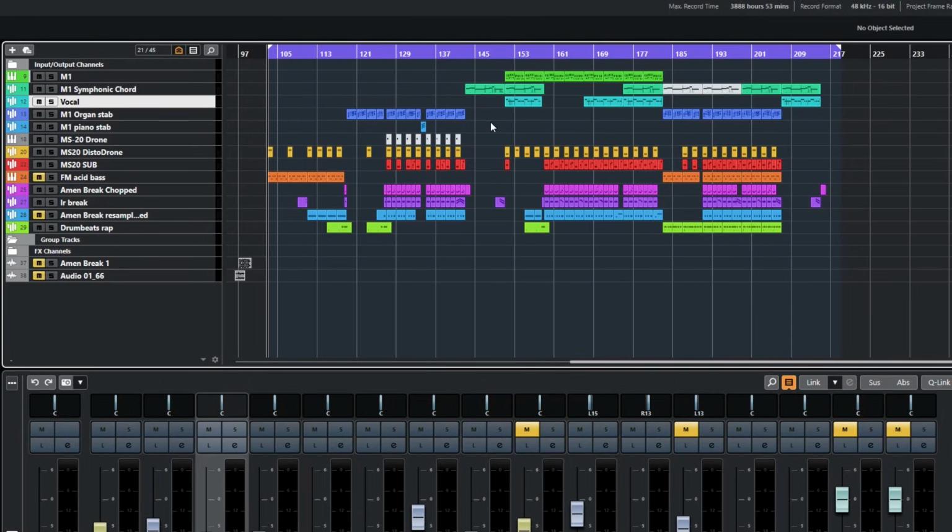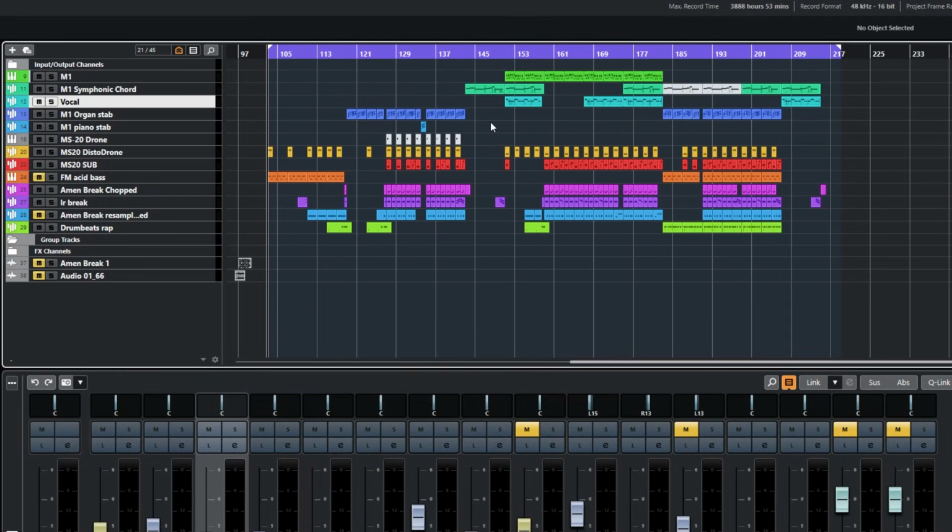And now all that is left is put all these elements together in a nice energetic arrangement. Back in those days, of course, you didn't have all kinds of cool plugins to do all kinds of interesting effects and transitions and whatever, but that didn't hold anyone back. It's just a matter of being creative with your sampler, pitch things, chop up things, and you can do a lot of cool things that are actually the base of things we still hear nowadays in lots of new tracks. Let's check out the final result.